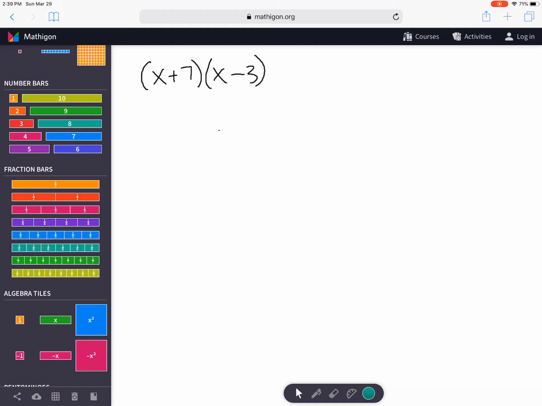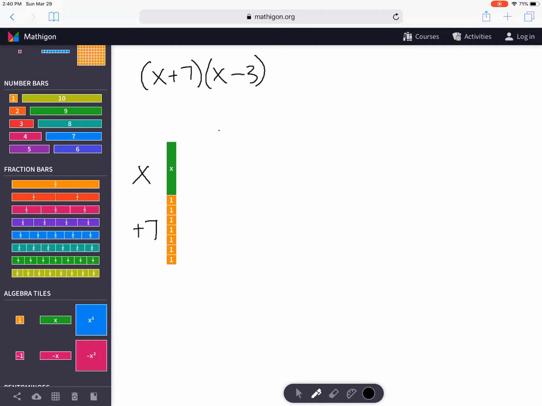For example, we're going to use algebra tiles to multiply two binomials. To represent my binomials with algebra tiles, I'm going to first take a positive x for my x value, and then I'm going to add 7. So I need 7 positive tiles underneath it: 1, 2, 3, 4, 5, 6, 7. And that will represent x